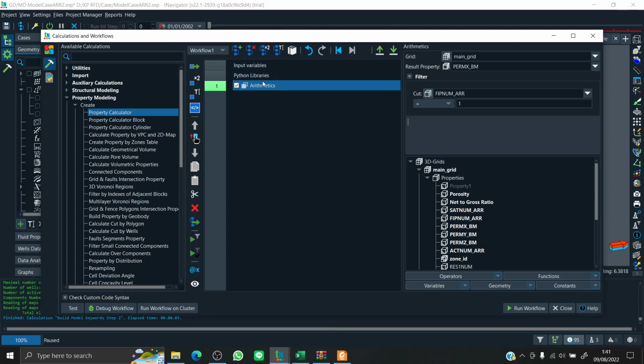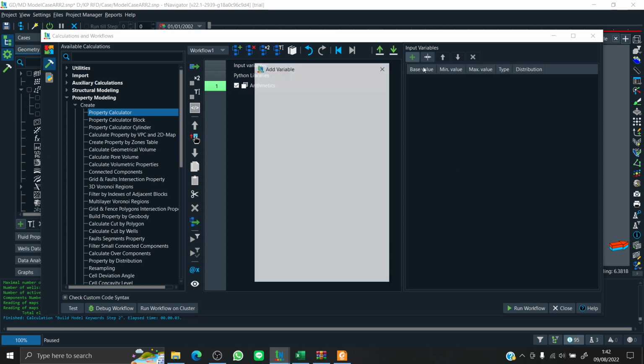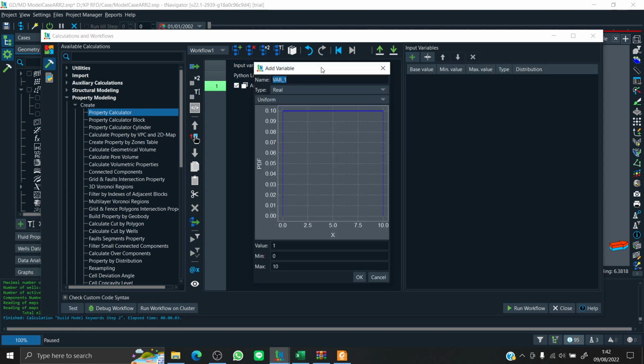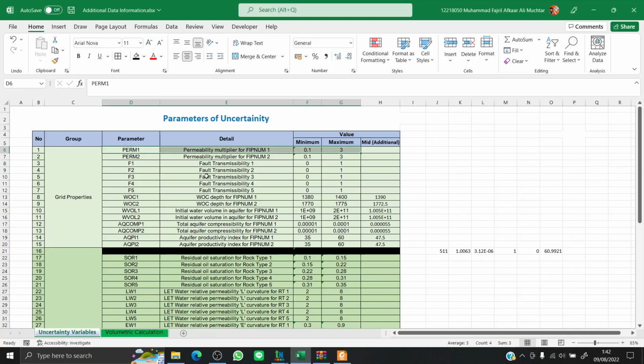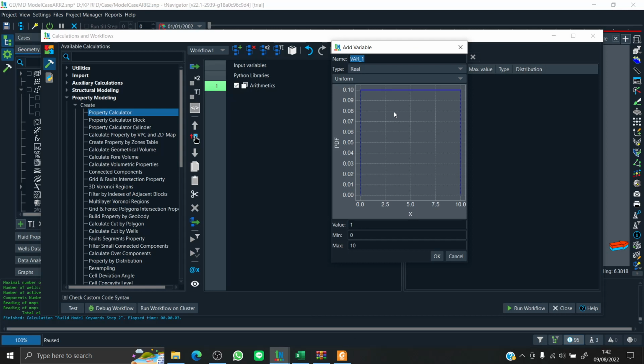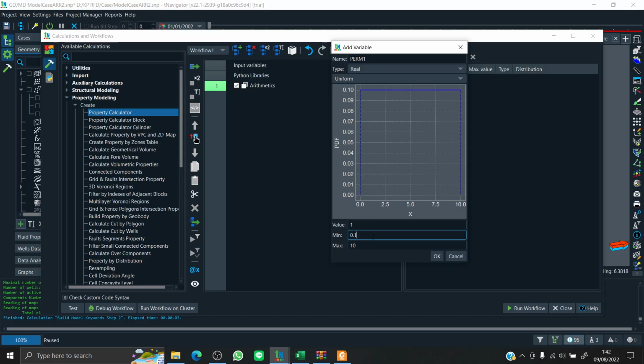I'm just gonna click input variables and then click add variable. Okay, so I'm just gonna name it the same as what I have prepared, perm1. And then the base value is 1, the minimum value is 0.1, and the maximum is 3.